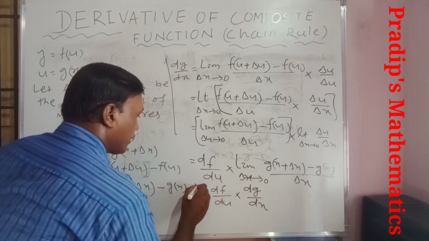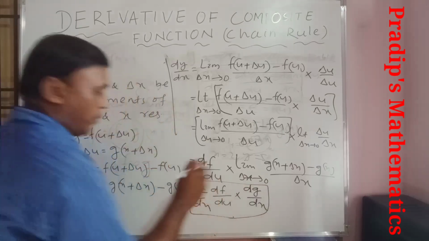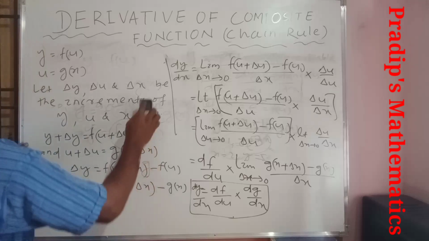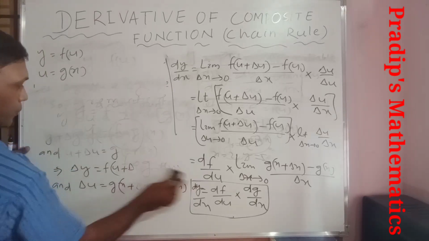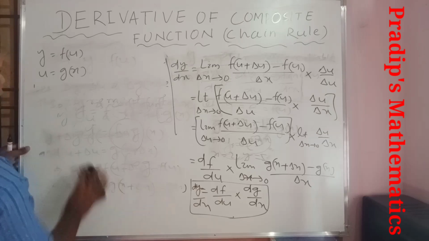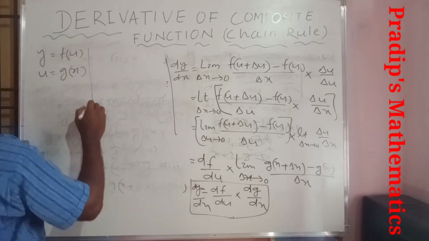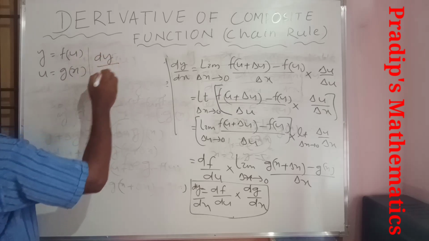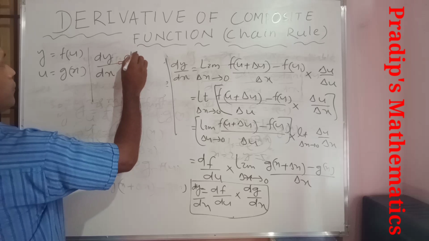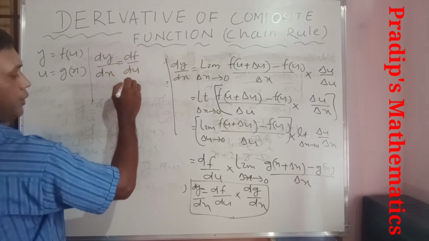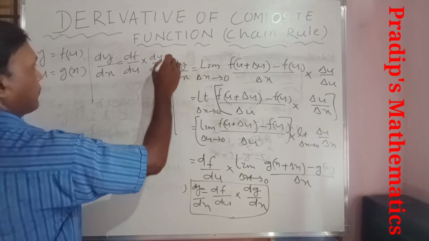So this is dy by dx. So at last we find here dy by dx is equal to df by du into du by dx,